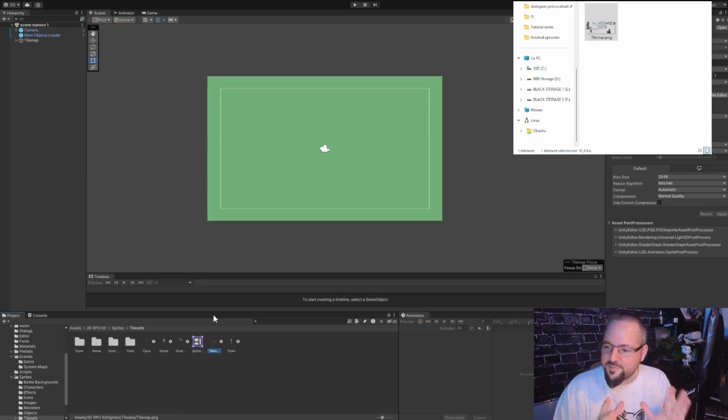So yeah, you're going to drag the tileset there, but it does not end there. You need to configure it after. So soon we'll be done talking and he will show you how to configure it. Until then,